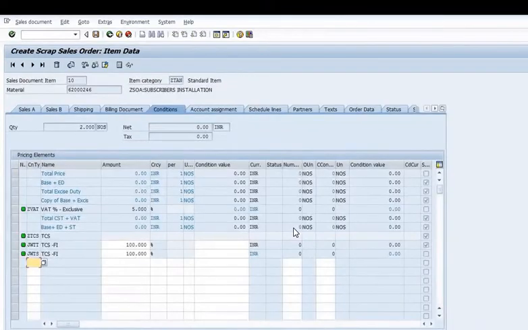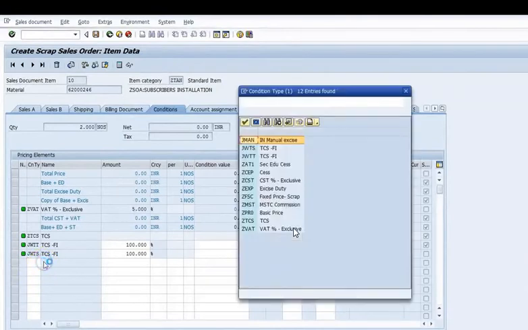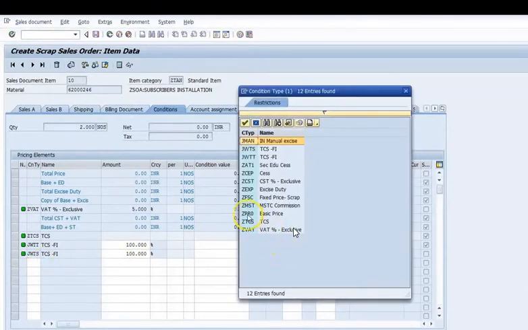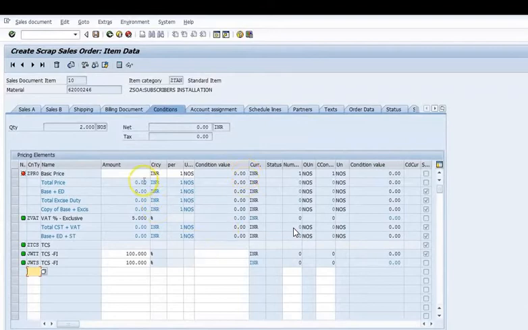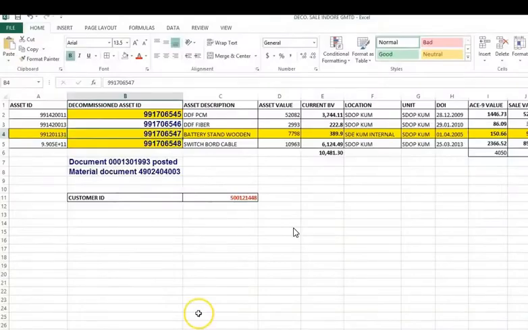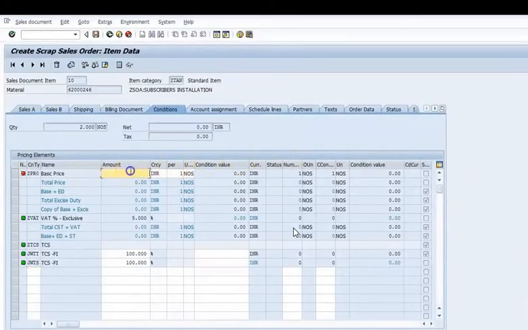In item overview, you need to fill the storage location. And here you need to maintain price, basic price, MSTC commission, and GST. ZPR0 is the basic price. This process I am explaining is from the pre-GST period. So earlier there was state VAT, and the tax was state VAT. So do not worry about it. 543.93 is our basic price. 5% VAT is exclusive.